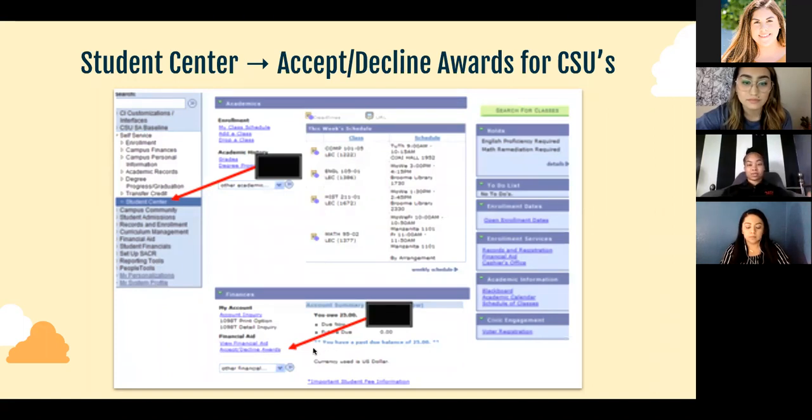Just like I said, I will show you guys where the holds and to-do list is. On the right-hand side, you can see where it says holds and to-do list. So if you ever see anything there, you want to make sure that you click it, read it, and complete whatever they're asking you for.